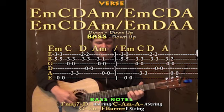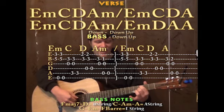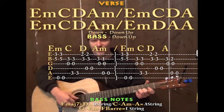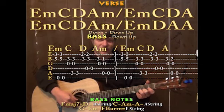And then for the C, you could play the third fret on the B string with the third fret on the A string for your bass. And then for the D chord, you could do the second fret on the high E, third fret on the B string with your index and middle, and then use your D string for your